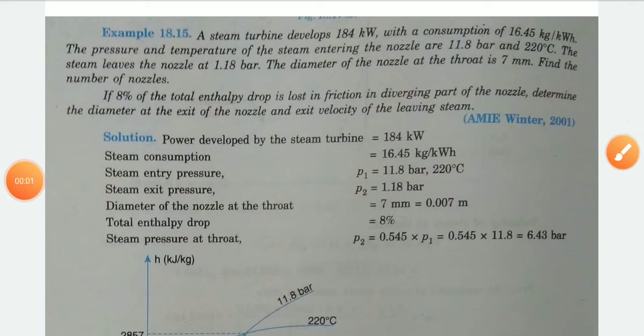Hello friends, today I am going to solve a problem with the help of Mollier chart. So here I am taking a problem. A steam turbine develops 184 kilowatt with a consumption of 16.45 kg per kilowatt per hour, and also given